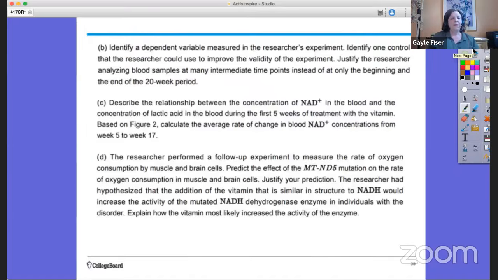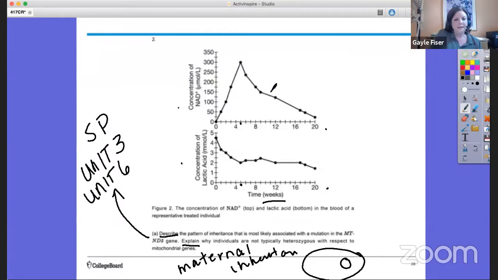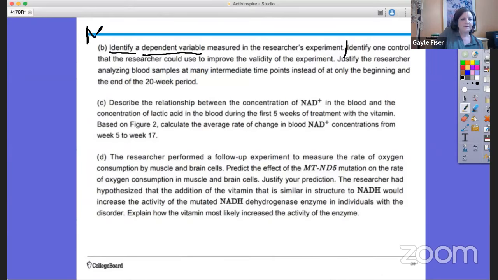All right, so B, identify a dependent variable. So we're just going to write down the words measured in the researcher's experiment. So let's go ahead and do that. What can we say? The dependent variable, we could have concentration of NAD. We can also have concentration of what? Lactic acid. So let's write that down. NAD